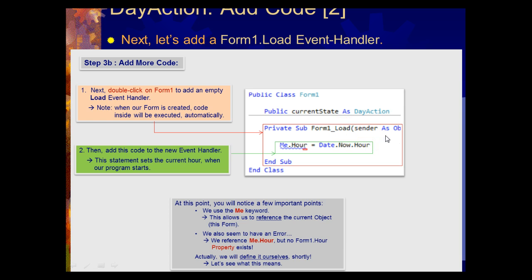This is the load event handler. So whatever you put inside this is code that will run as soon as the form opens up. So one thing that we want to do as soon as the form opens up